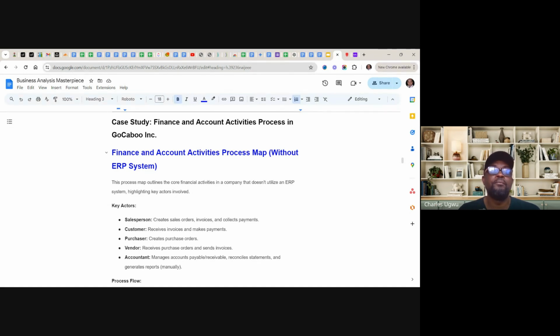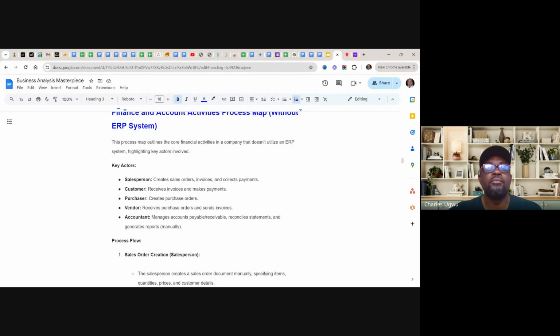Let's see, manual process. So many companies, it's not only GoCabu, so many companies that are not using ERP system, this is the way they manage their finance and account. So in finance and account, if you want to do documentation after your requirement gathering,